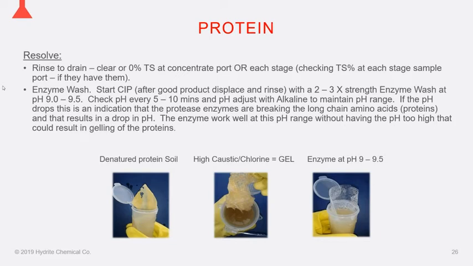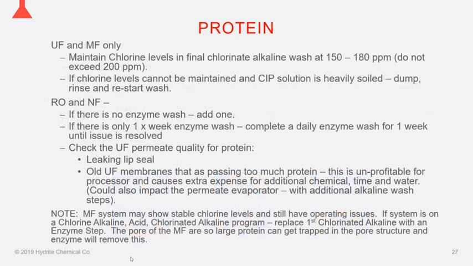It's one of the reasons to keep that pH maybe a little on the lower side if you have that heavy protein fouling in there, because high pH can, of course, make it much more difficult. And if you're on a system that generally doesn't run enzyme, or there's a focus on using chlorine, that is a method for breaking up the protein. Again, you're not going to want to go too high on your causticity, but maintaining those chlorine levels is going